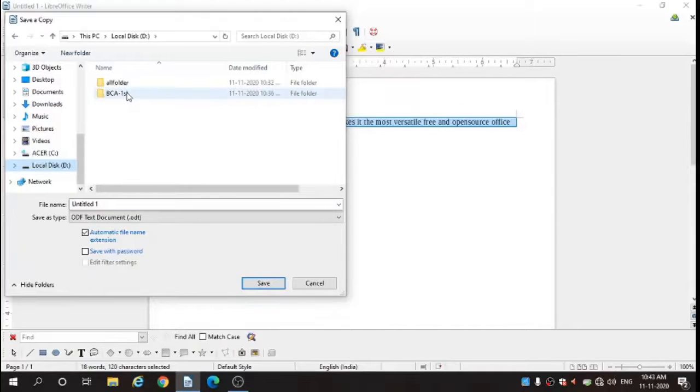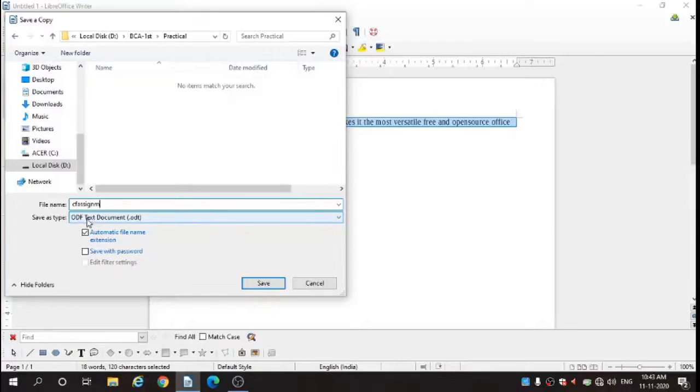So BCA first name, your folder, then the subject, anything, you can save it in the practical folder. So you give your name as CF assignment, or whatever you can give. That name is okay for this. Shortcut name I am using here.